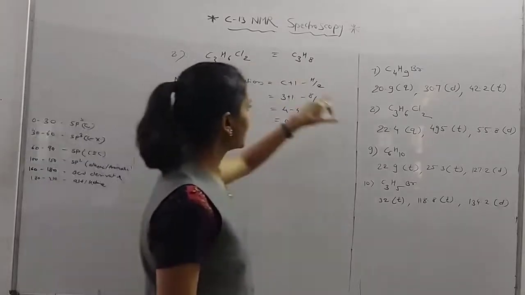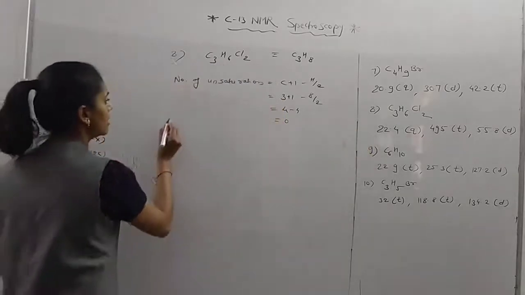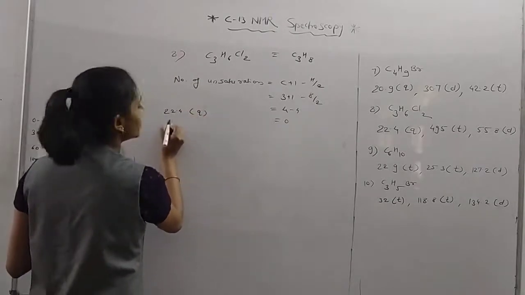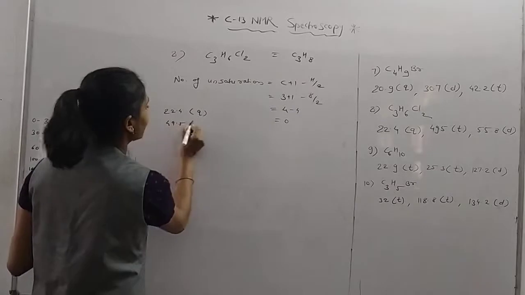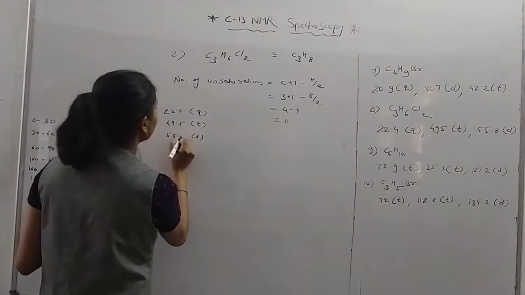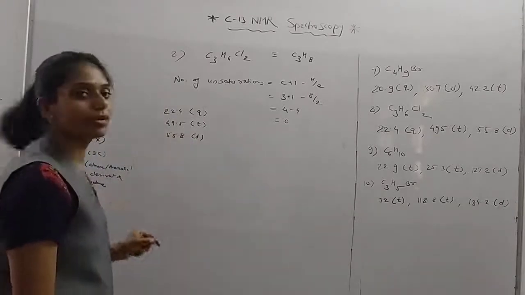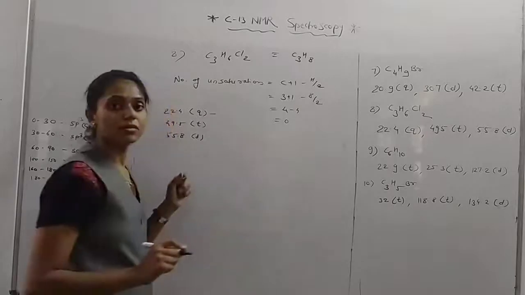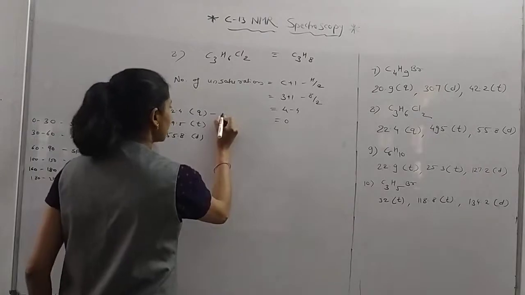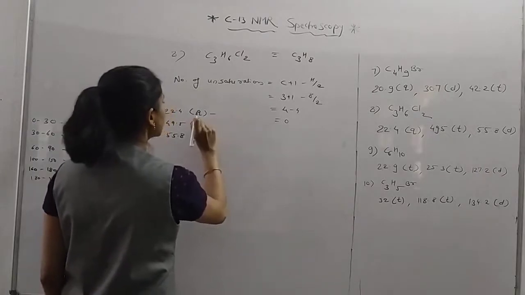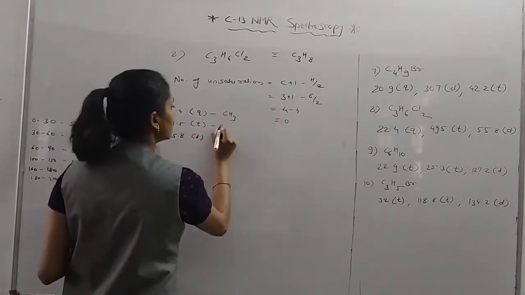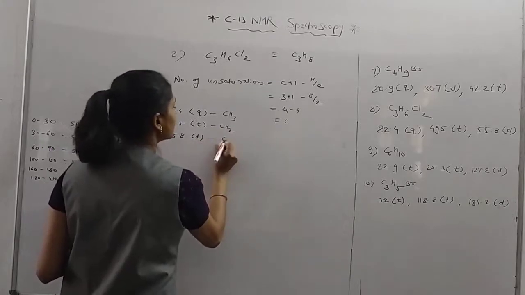What is the data for this number 8 example? It's 22.4 quartet, triplet gives at 49.5, and doublet gives at 55.8. Okay. Now what we do here? Do the groups. That means as there is a quartet, there is CH3. Triplet, CH2. Doublet means CH.